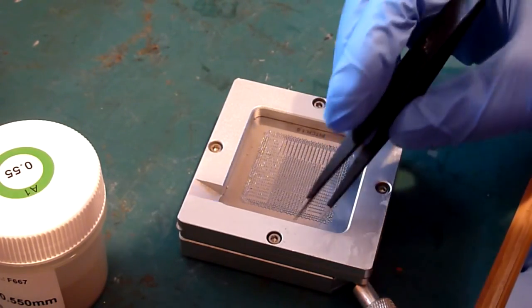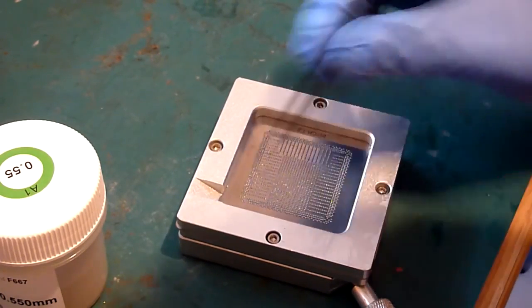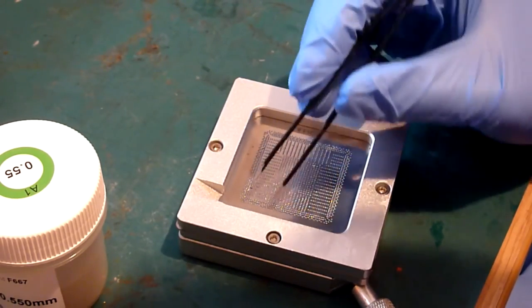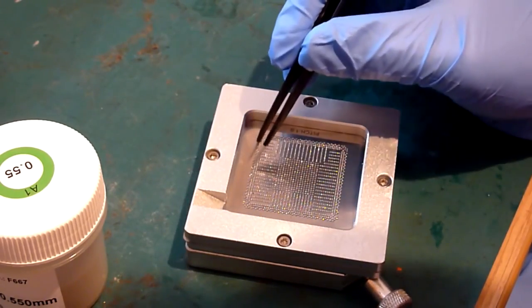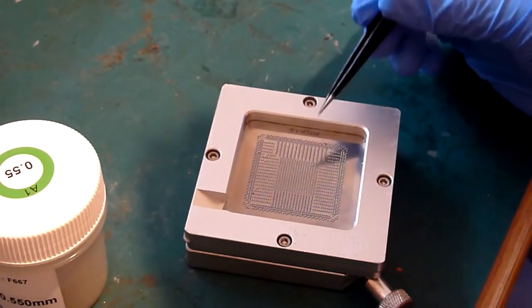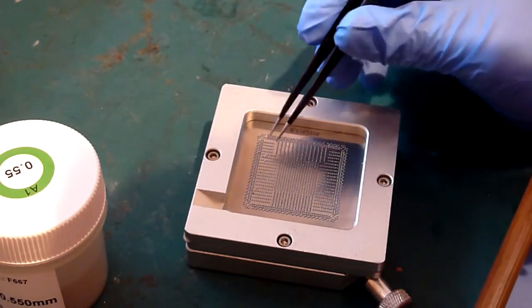Now, this particular part of the process is the same whether you've got one of those spring-loaded jigs or whether you've got one of these. The spring-loaded one is a 90 by 90mm stencil. This one's an 80 by 80. To be honest, it's usually good to have one of each, because some stencils you can only get in one size for some reason. The more common ones you can get in both. But